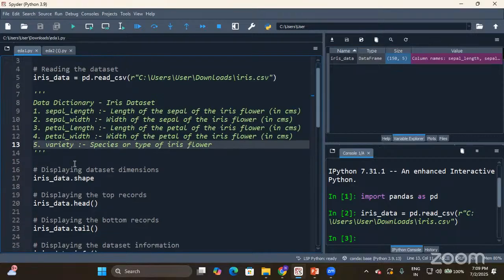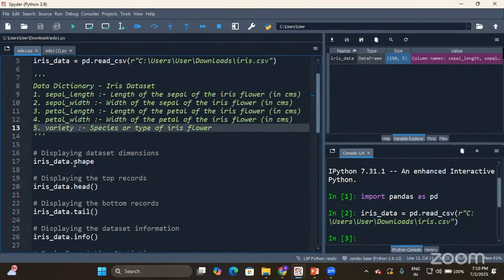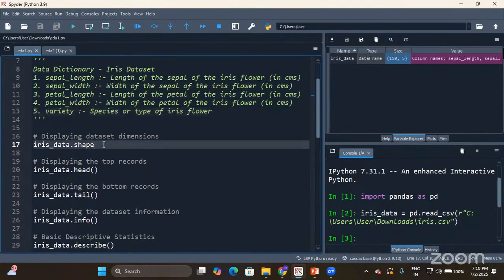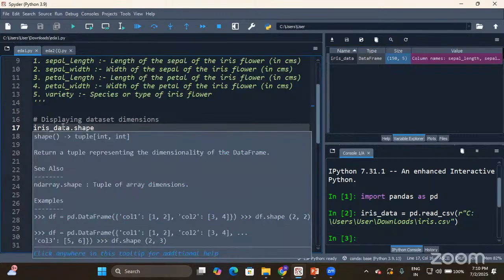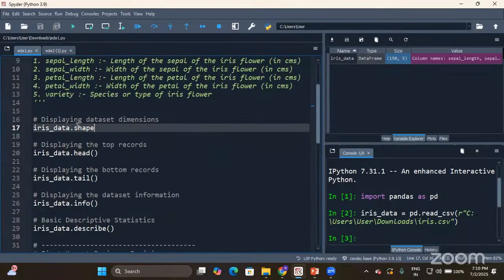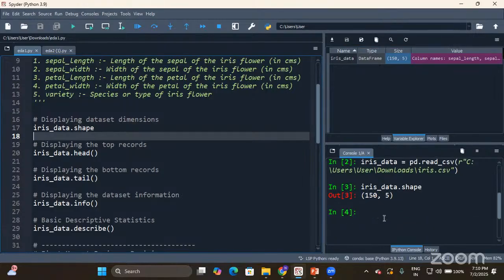Now let me start with the shape attribute. So what exactly is this? Iris underscore data is a data frame object. Data frame object dot shape. Shape is an attribute. This will return the size, the dimensions of the data set: 150 rows, 5 columns.